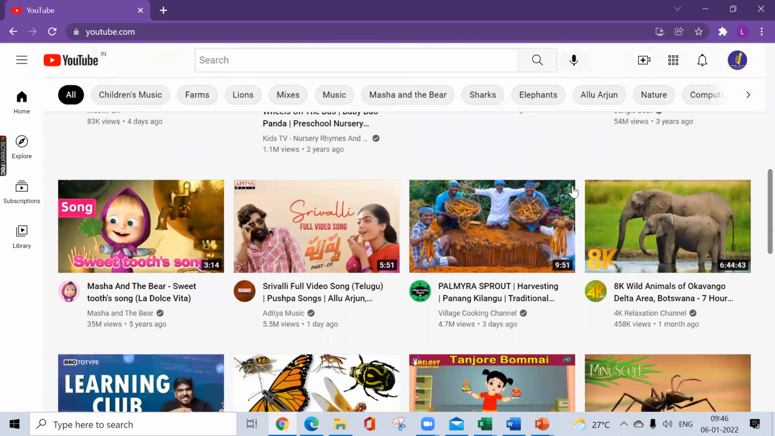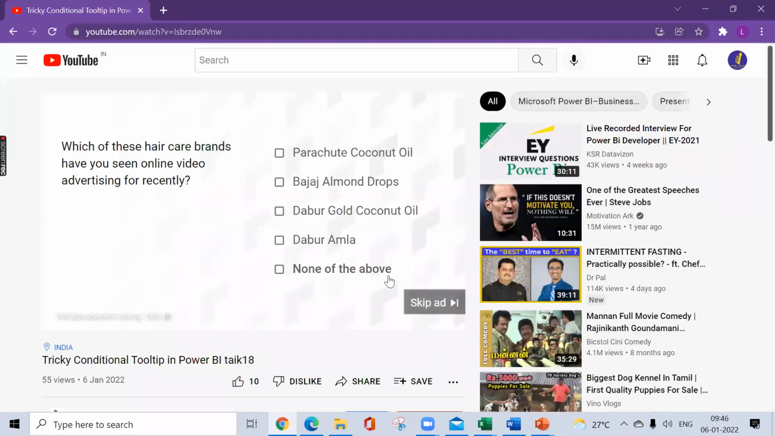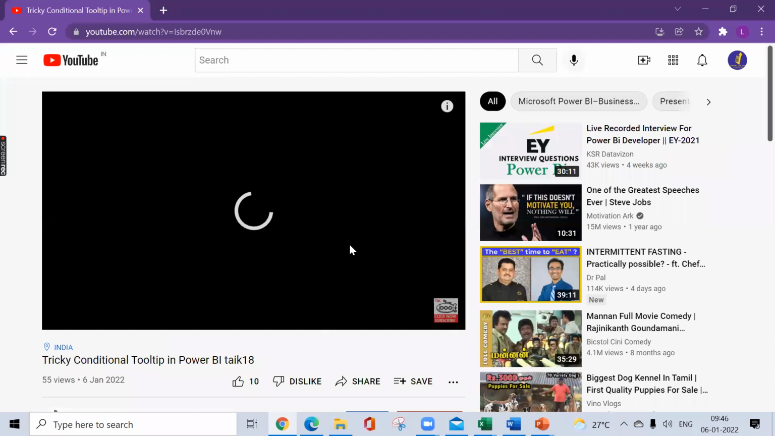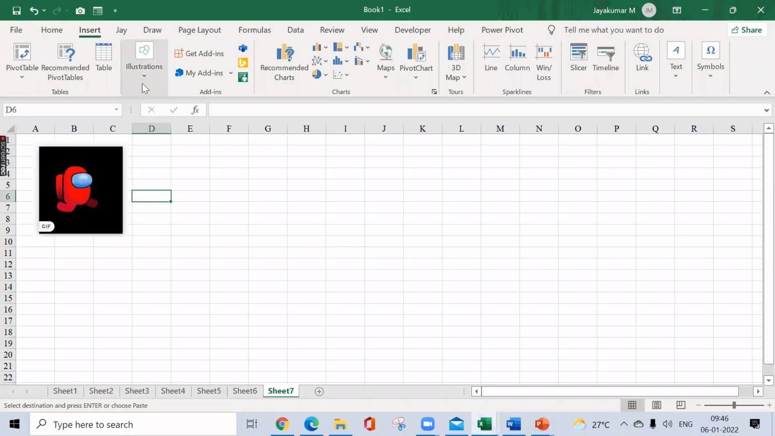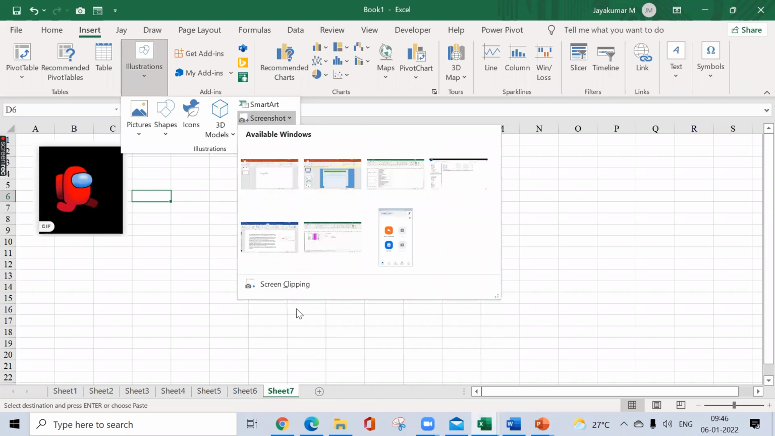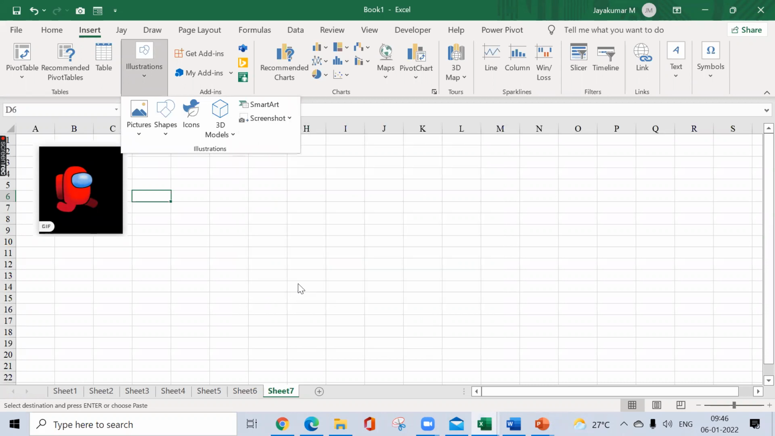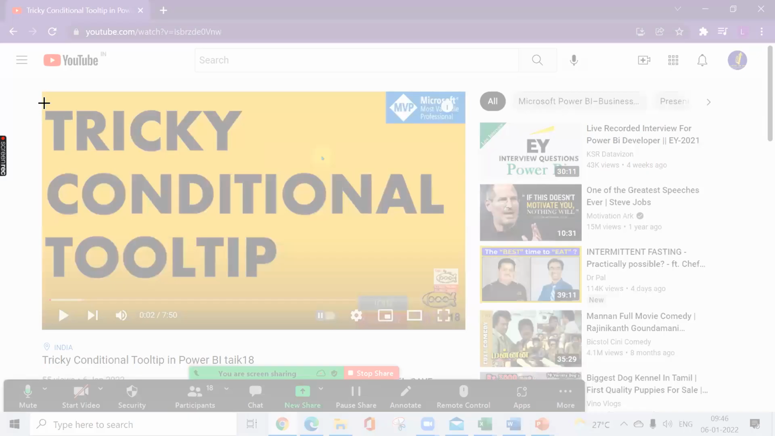Okay, I'll go for Power BI, this is a video which works on. See, now this is what I want: to take a picture, for example, from a YouTube channel. I'll go for screen clipping again. My recent window is my YouTube. I'll go for a screen clipping. Now it comes exactly here. Okay, once it comes, I'll